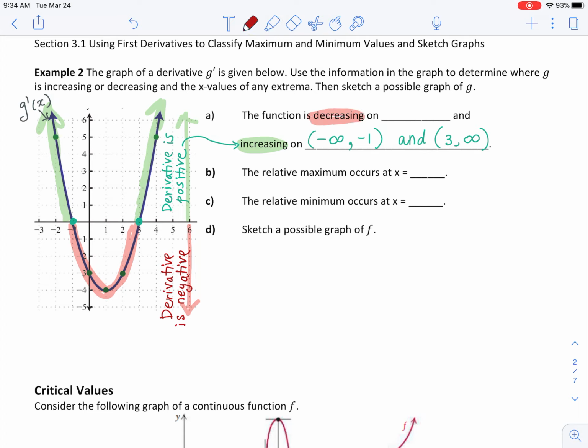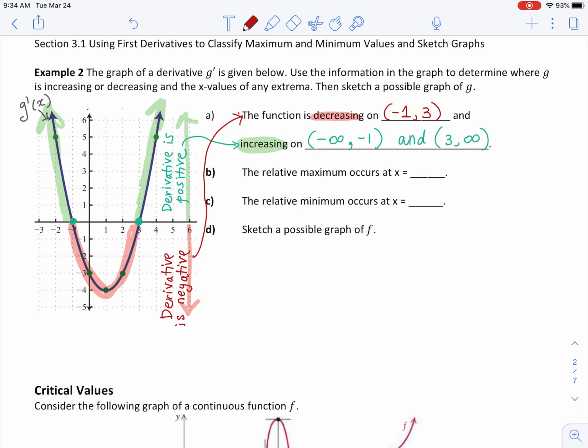So we know that's where the function is decreasing, right? So let's see. What's that interval? The function is decreasing on which interval? Let me write it. From -1 to +3, okay? So we're done identifying the increasing and decreasing intervals